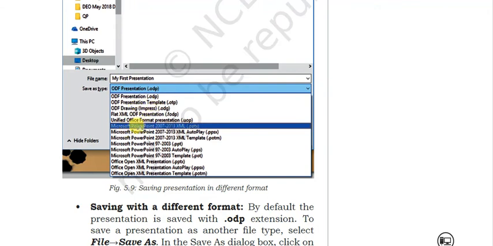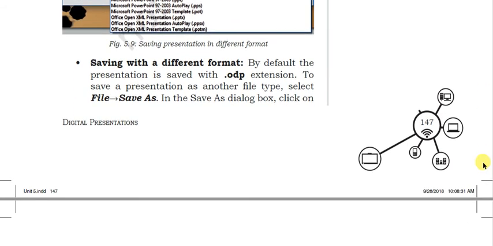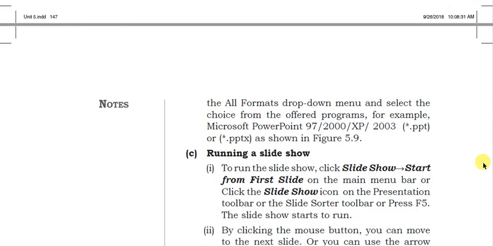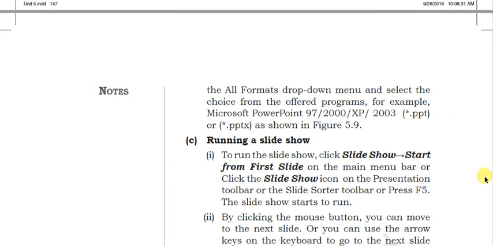You can save it as a Microsoft PowerPoint file, or as a PDF, and there are other formats. You will select the appropriate format you want to save. You can have it in .ppt or .pptx, which are the formats for Microsoft Office PowerPoint.